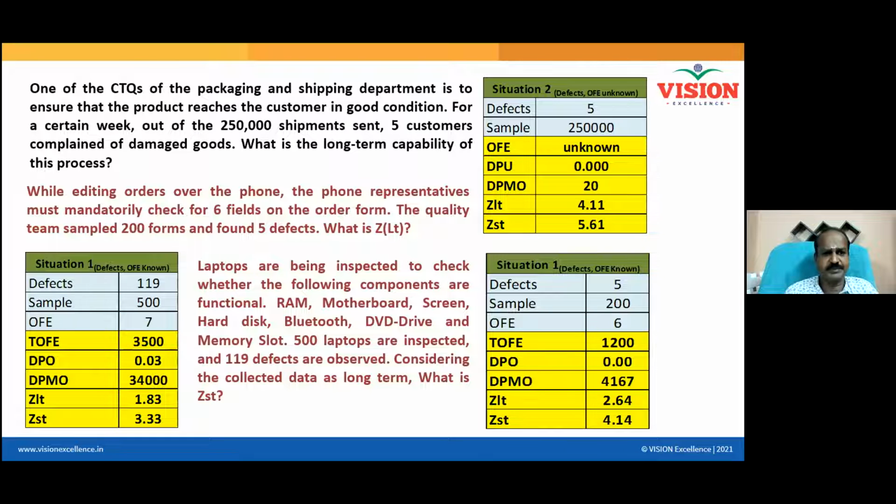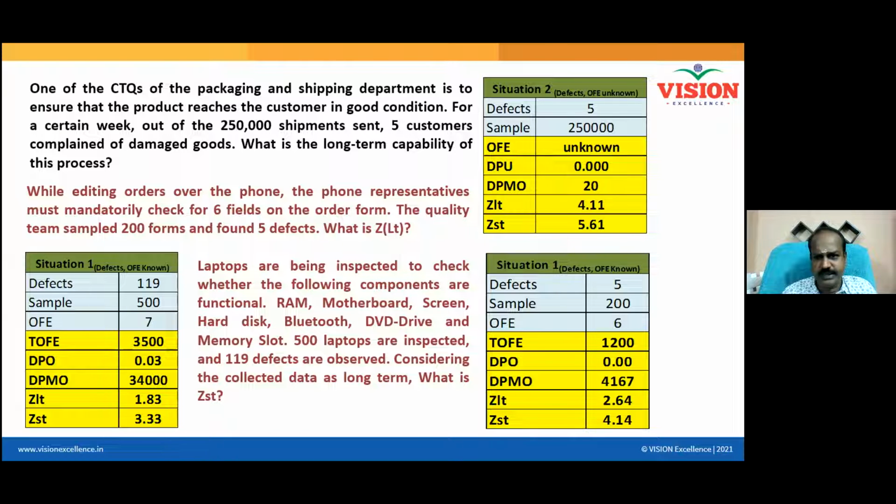So when you open the Excel file, there will be situation 1 and situation 2 and situation 3. There are 3 situations available, and any kind of project you are doing, when you have the data in your hand, immediately you can get to understand the DPMO and other things. So I'm sharing the screen. See here, first case, there are 250,000. Opportunity for error, you can assume it as 1. If you put 1, or if you only put these 2 values, all these results are coming.